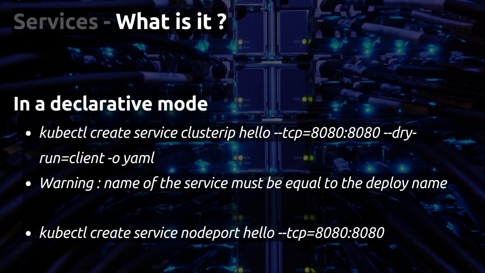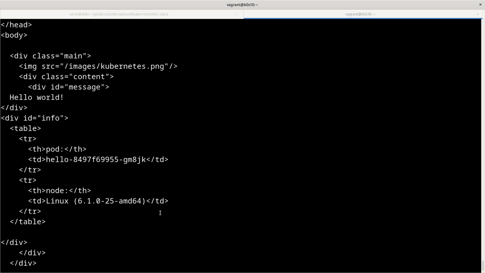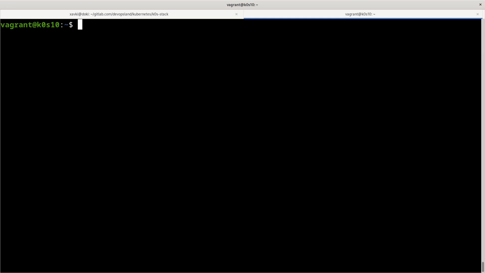Okay, and after that, we can just have a look into it, but we will check this part later and deep dive into the kinds of service later. But we have another kind of Kubernetes service. This is a node port. So what is cluster IP? Just in a few words, we will see it later.